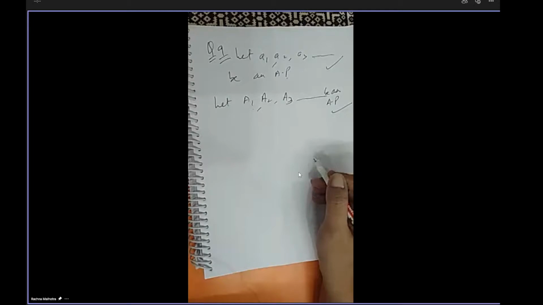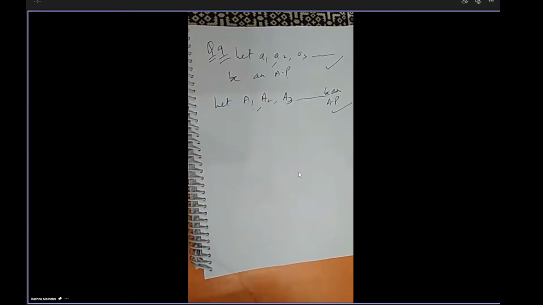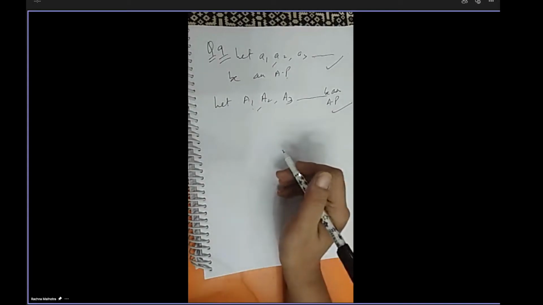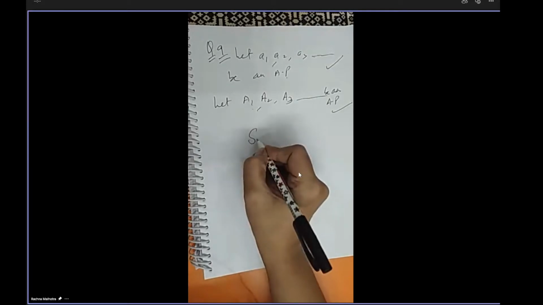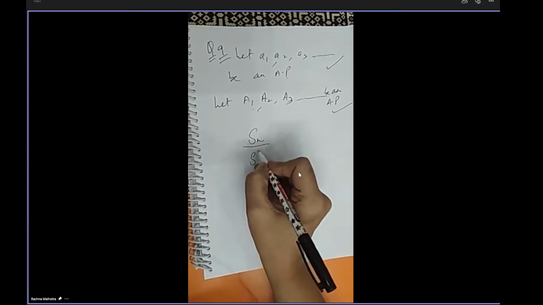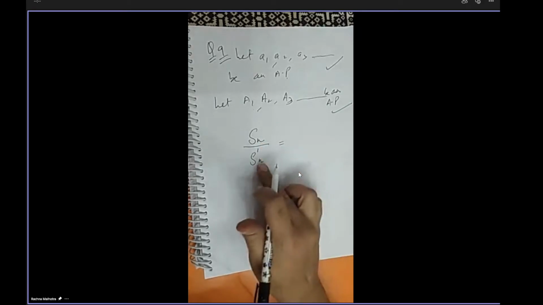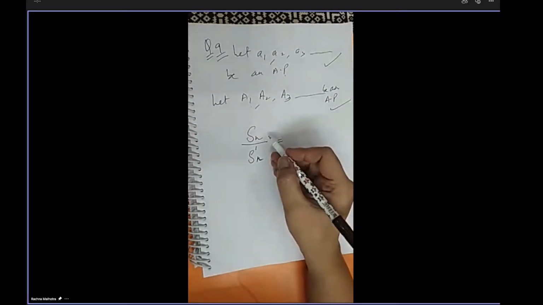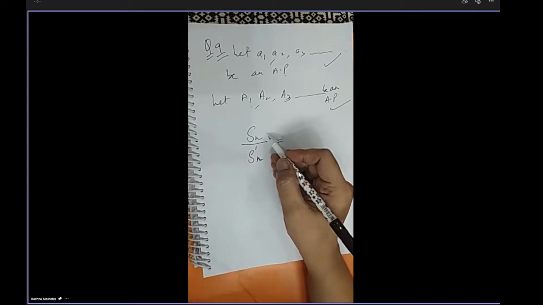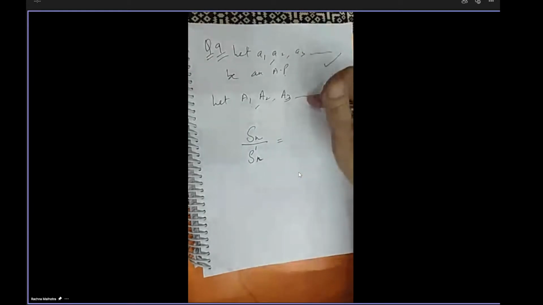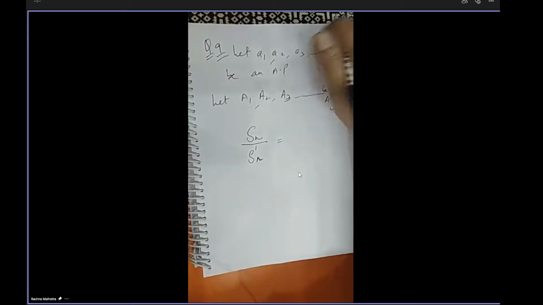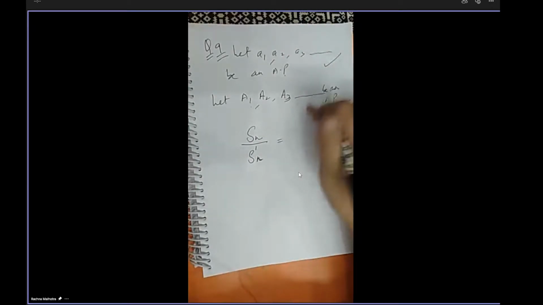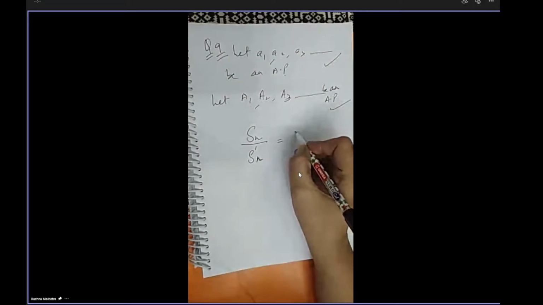Now the question says sum to n terms of two arithmetic progressions. So you can write Sn and in next you can write S dash n. Why are we using this different notation? Because two different APs are there, na? The question says sum of n terms of two APs, Sn of this AP, Sn dash for this AP, they are in the ratio. Please tell me the ratio.